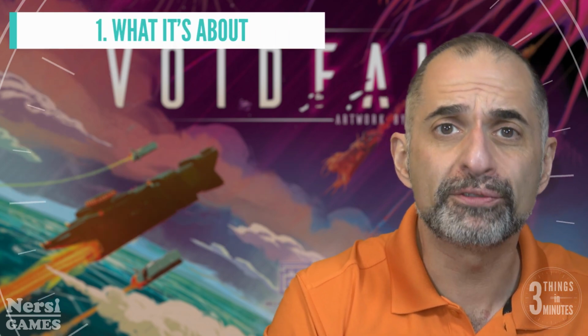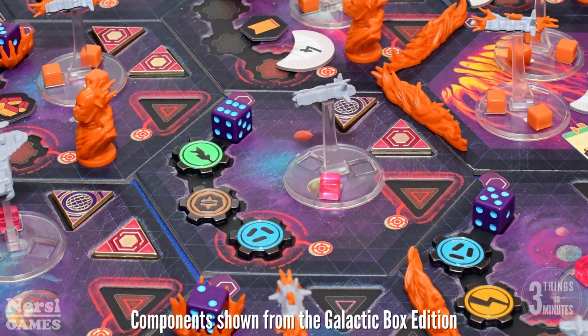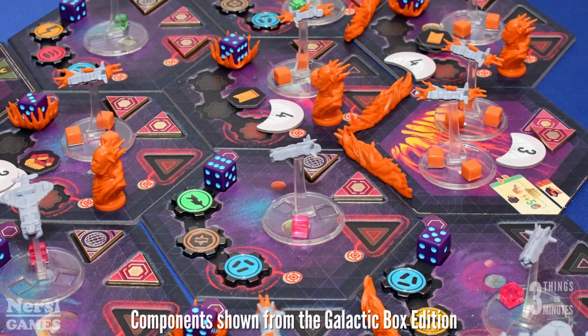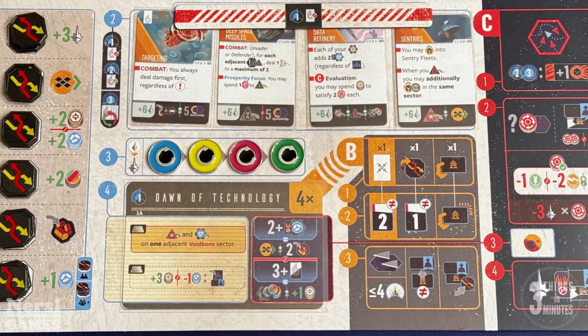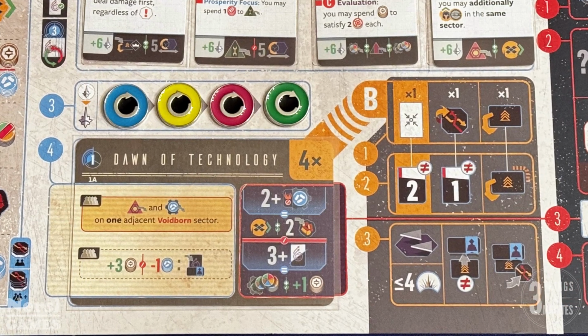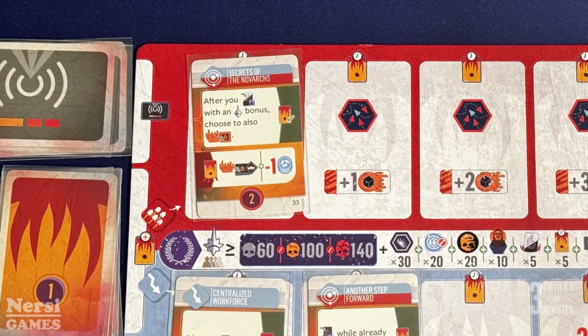So what it's about: Voidfall is a game that merges the Space 4X genre with the economic number crunching of Euro games. Players play as human factions in the far future when the alien Voidborn have emerged from rifts and corrupted the Dominion Empire. Players can play cooperatively or competitively over 3 cycles, each of which has a predetermined number of turns. Each turn, players will have to deal with a crisis if they're playing cooperatively, and then they